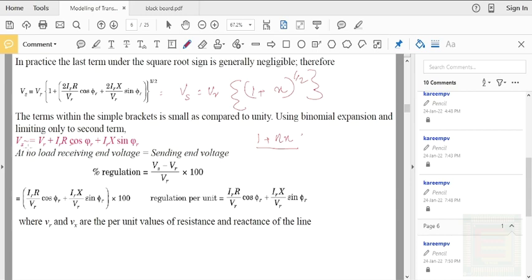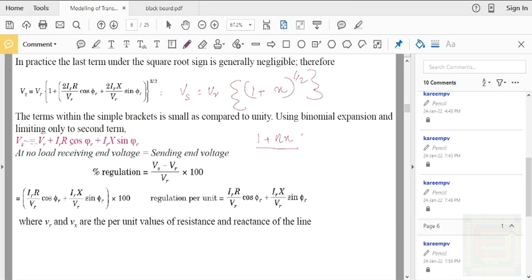And you can see that at no load, the receiving end voltage will be the sending end voltage. So at no load the receiving end voltage is Vs, so you can substitute that here, and the regulation is, from the definition, the difference between the no load and the full load voltage expressed as a percentage of the rated voltage. Here, as far as the receiving end voltage is concerned, this is the no load voltage. So (Vs minus VR) by VR will give the